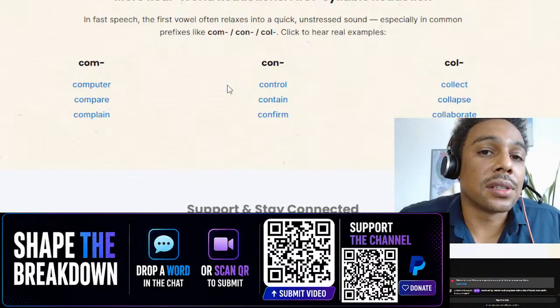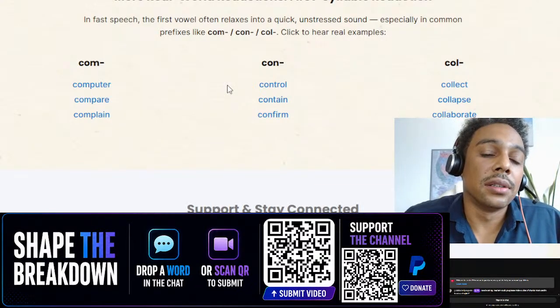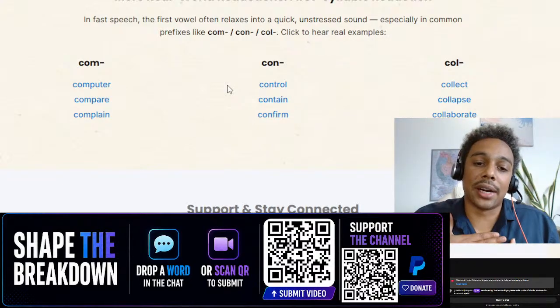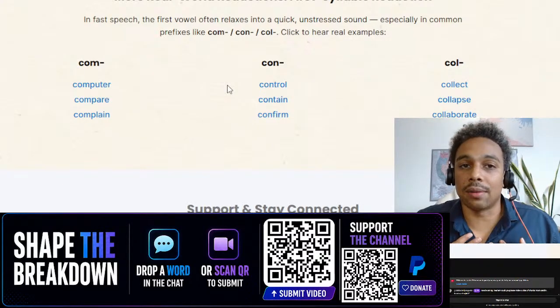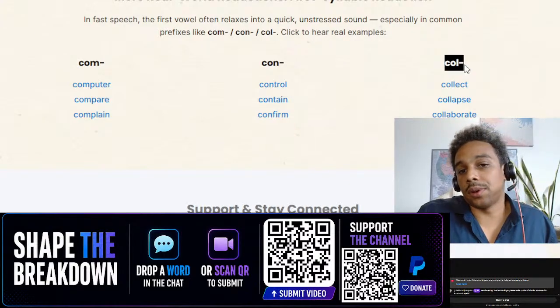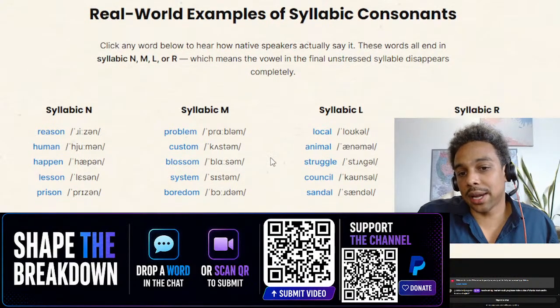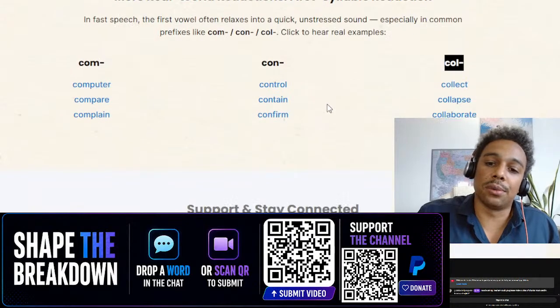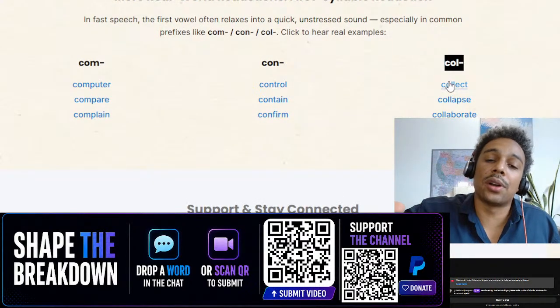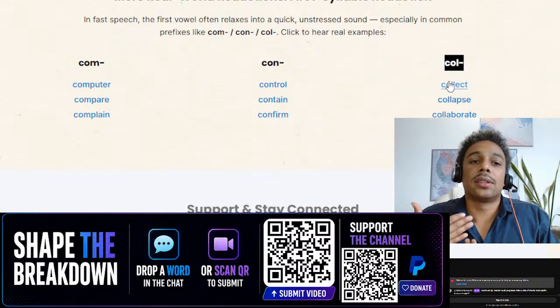Look at this. Contain, confirm. Right? My American ears are listening to the vibration, the body sound, the melody in the chest. All right, so for the syllabic L here, it's going to be the same thing that we did in the final syllable. We've got to keep that energy of our voice moving forward for that dark L to take effect